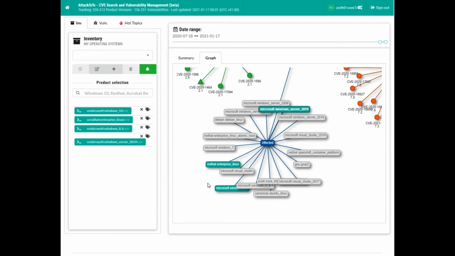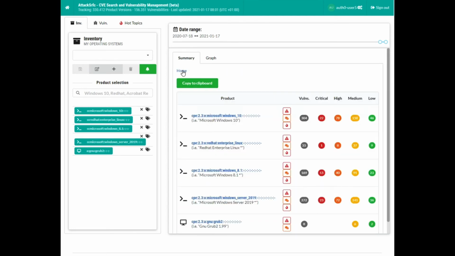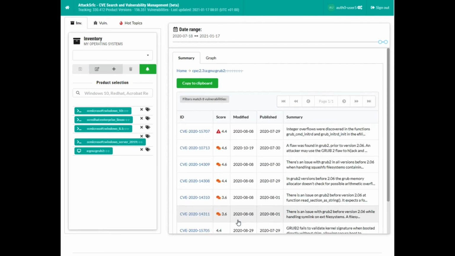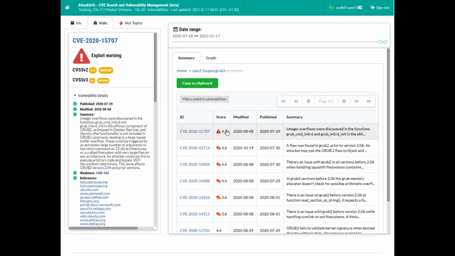Looking at the product graph, we can see that some of these Windows vulnerabilities seem to also affect Red Hat Enterprise Linux. What we can deduce from this is that, apparently, there's a vulnerability that affects Windows as well as Linux systems. We get a hint that it might have something to do with the grub bootloader from this node right here. So, if we go back to our inventory and select the vulnerabilities for the grub bootloader, we notice this one, which even has a known exploit.